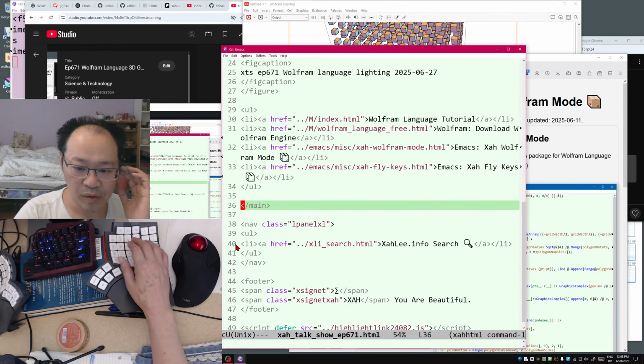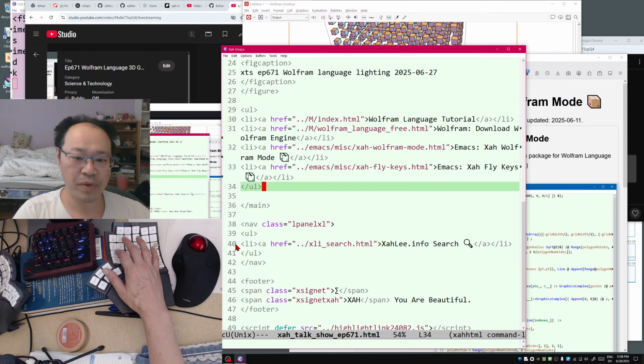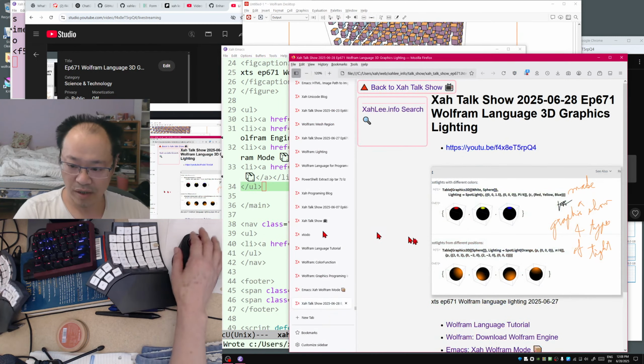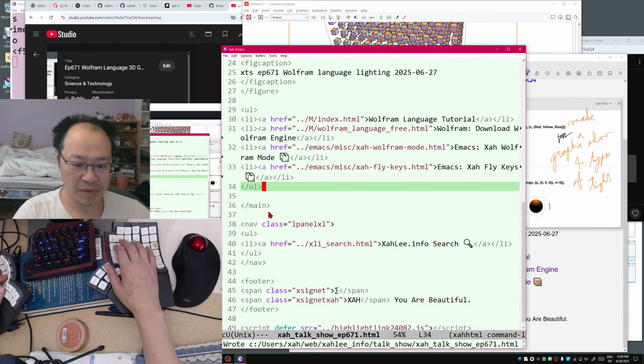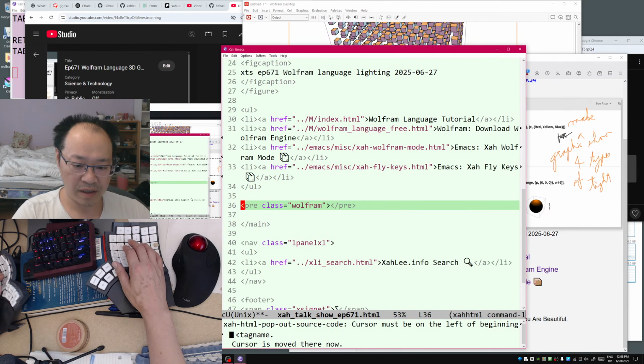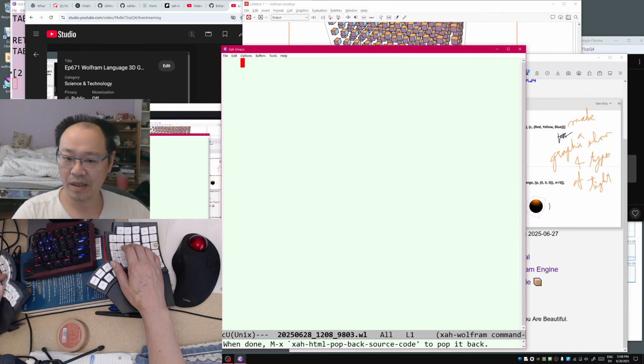So you can code Wolfram language in Emacs. That's what I do. Okay, so today we want to build a lighting system. So let's just code it, okay? Show in browser. Let me just code it. Let's start a Wolfram language code, okay? So we begin